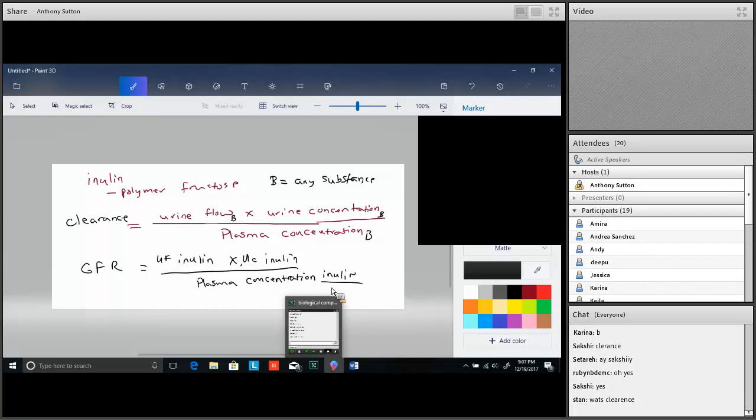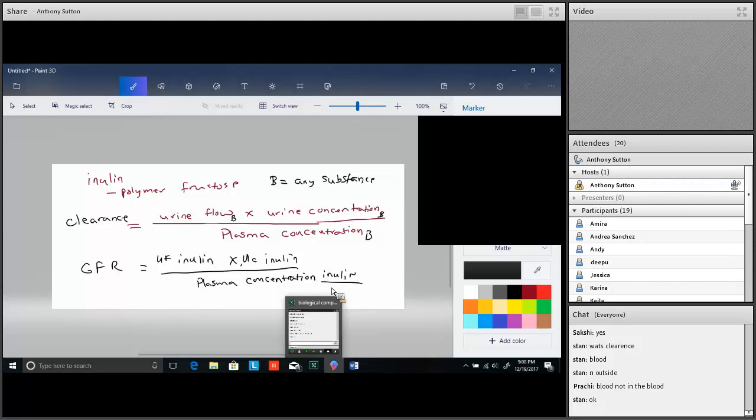Stan is asking, okay, what is clearance? So Stan, you remember I told you, what are the two places in your body? Good. In the blood. That's one place. Or outside the blood. Okay, gotcha. Clearance, Stan, is when you urinate. If you get rid of something, if something leaves the body, you're clearing it from the body, right? So as you clear it from the body, that means that there's less of it there.